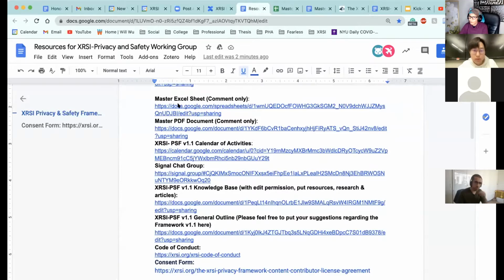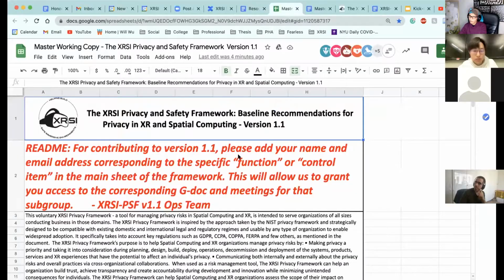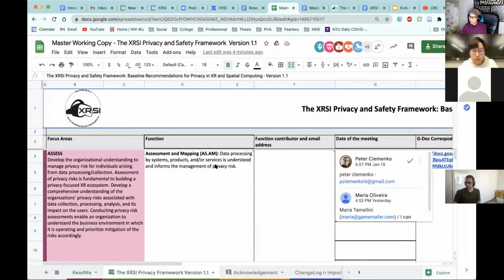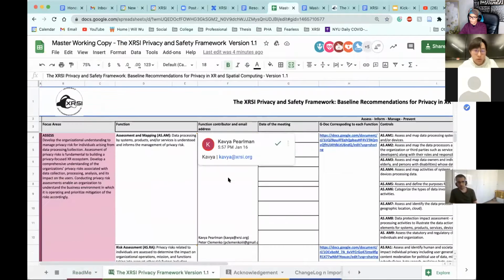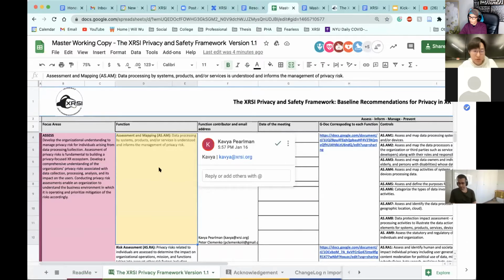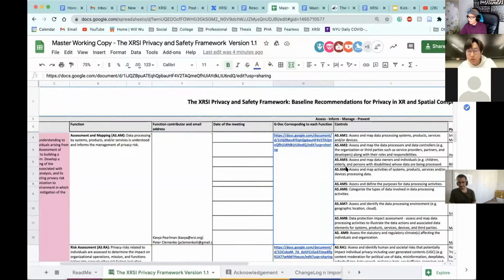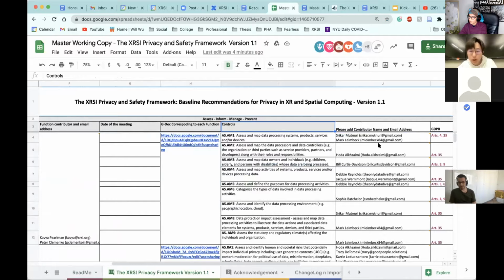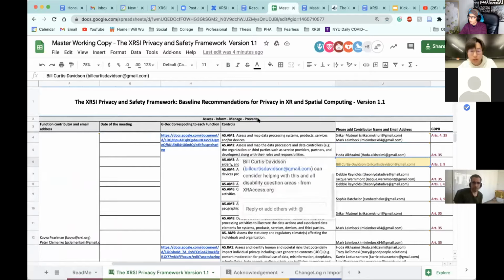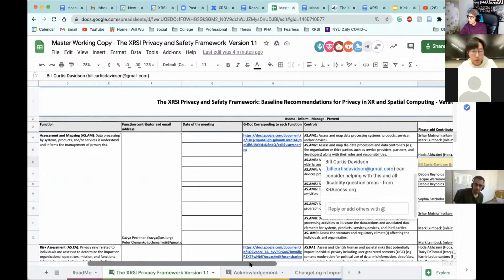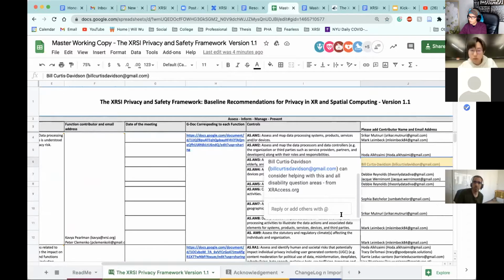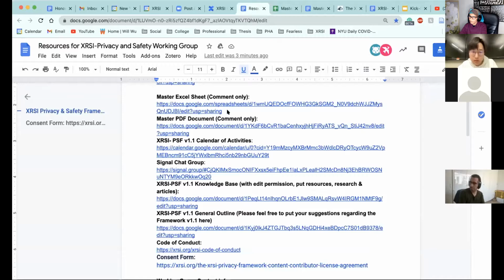More importantly, I would love to point out the master Excel sheet right here. This sheet is for us to indicate our area of interest. You can comment your interest in the corresponding functions right here, just like Kavya did. Thank you so much, Kavya, for contributing to this function. If you have specific control items that you want to contribute, you can also comment right next to each of the control items. I also want to point out that we are only giving comment access to you because we don't want someone unintentionally changing the content, which is really important. If you have any questions regarding the Excel sheet, feel free to email me and or